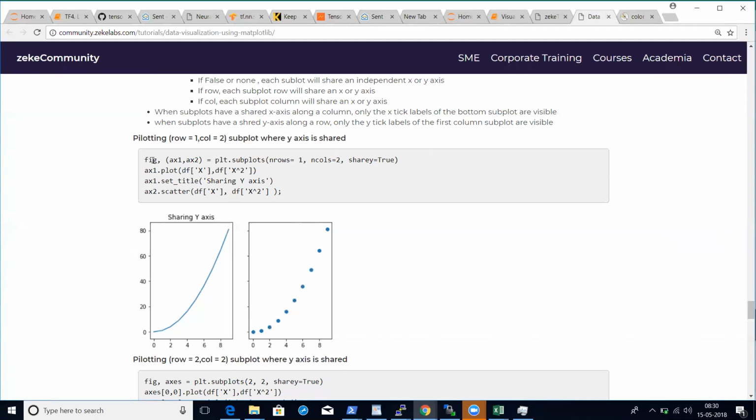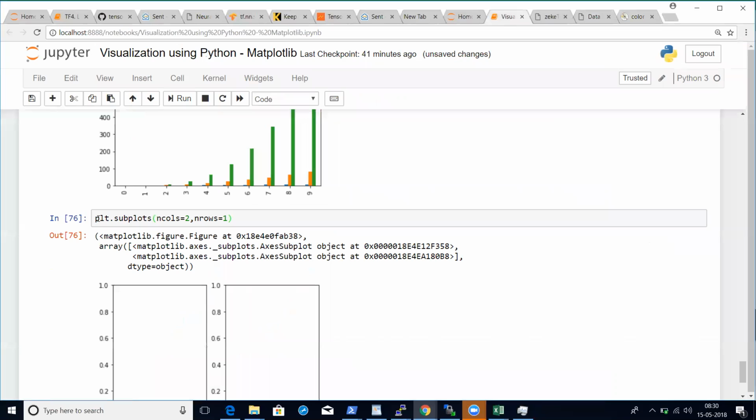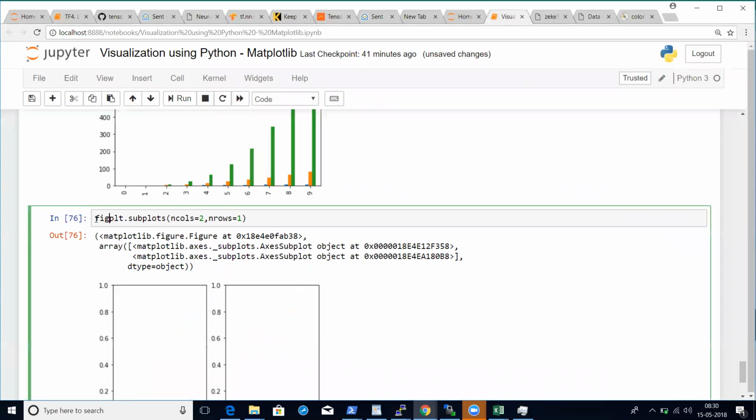One is the figure object, which is the complete object, and then 2 sub objects, ax1 and ax2. Ax1 is a way to control one subplot. Ax2 is the way to control another subplot. You can give any name. Ax1, ax2 will be a tuple here. So the first one is fig. Remember this. This is the composition of all the things. Second is